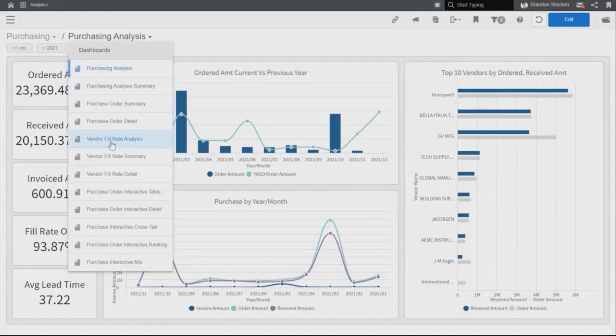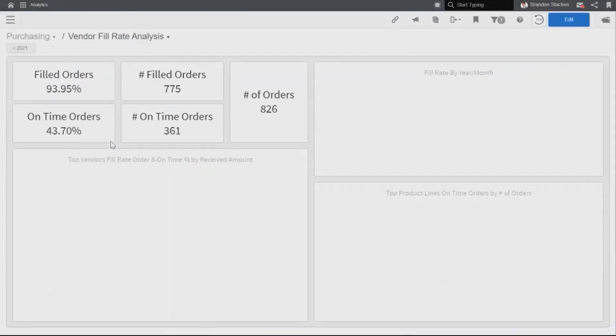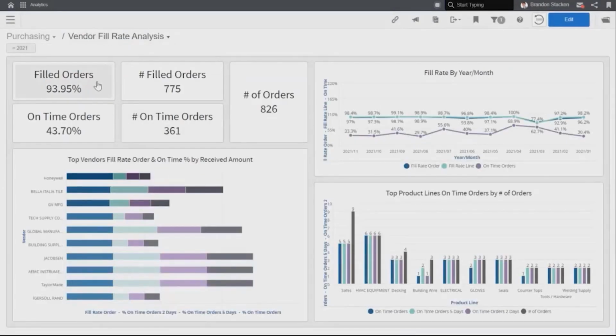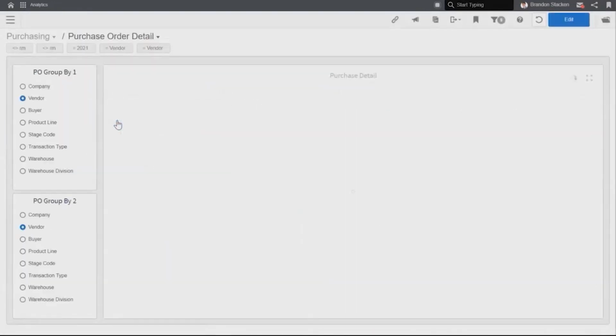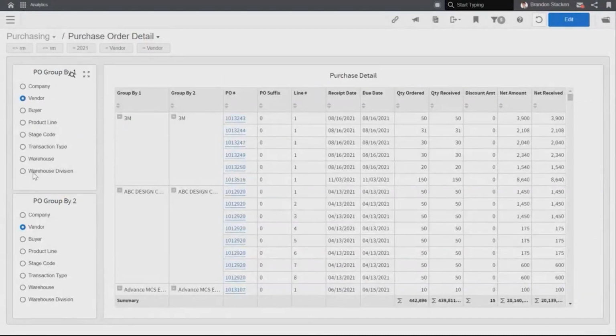Or maybe I want to look at fill rate analysis on the vendor side of things. So what's our vendor's fill rate and their on-time percentage when working with us, and breaking that down by individual product line or getting as granular as individual product if need be. We can also look at transactional level detail here within these dashboards and reports. So here I can start to see purchase order detail by vendor, but maybe I want to look at this by vendor, by